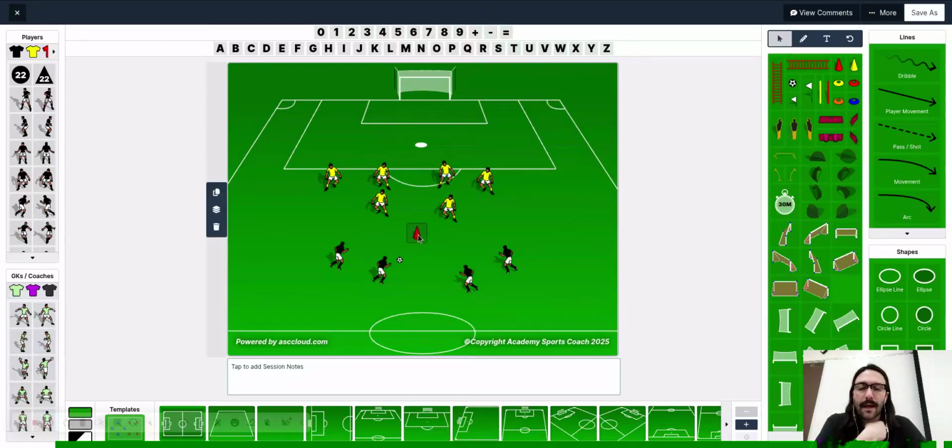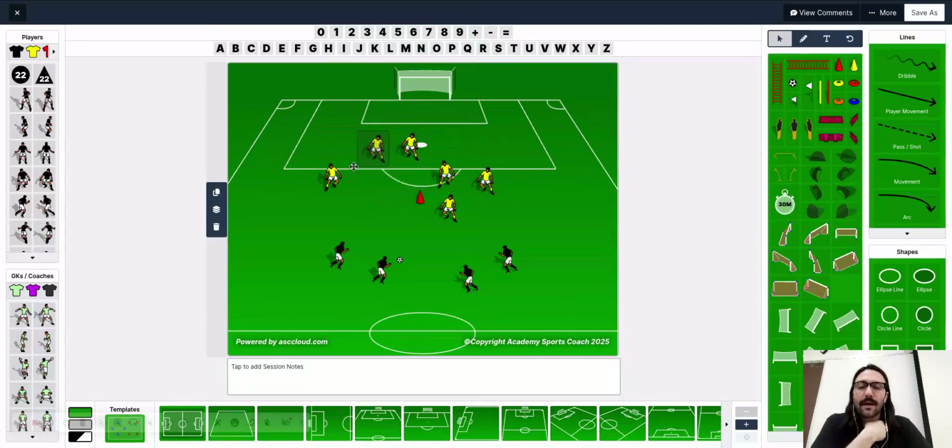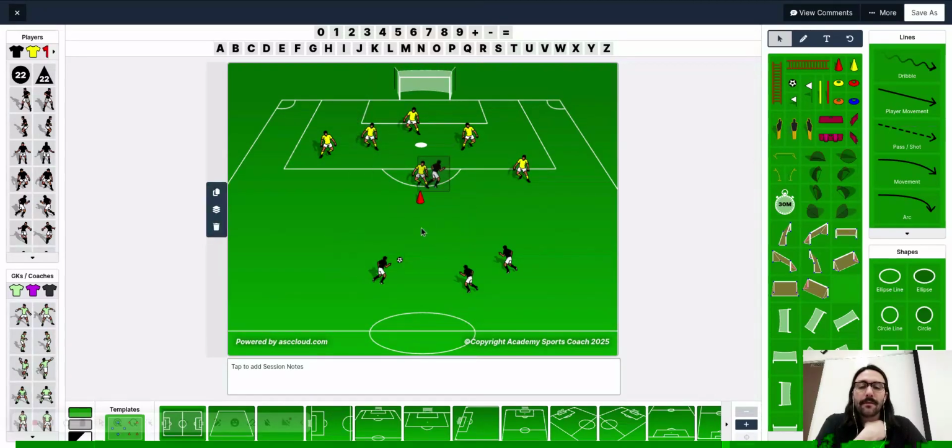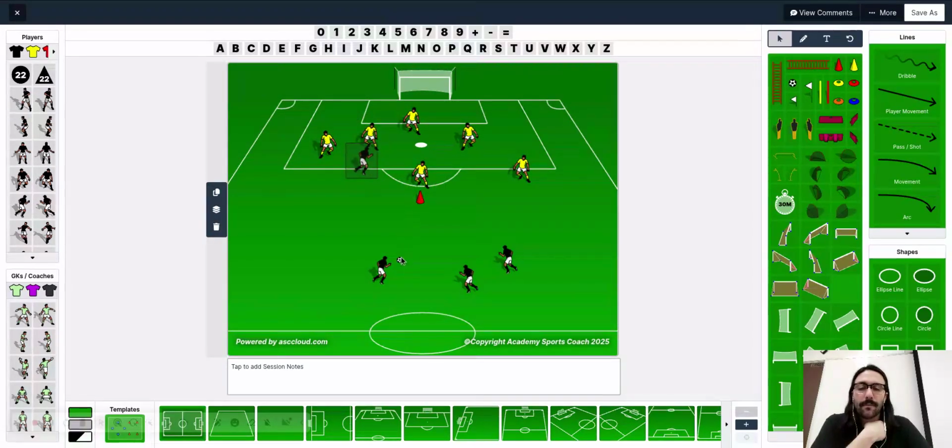Maybe just a little further back. But when we get into the box, we're going to see numbers up. We're going to see swarms of players trying to take the ball back. So black can move here. They can run in. They can do everything. But the yellow can't defend the ball until the ball passes the red cone here. So that's just an example.